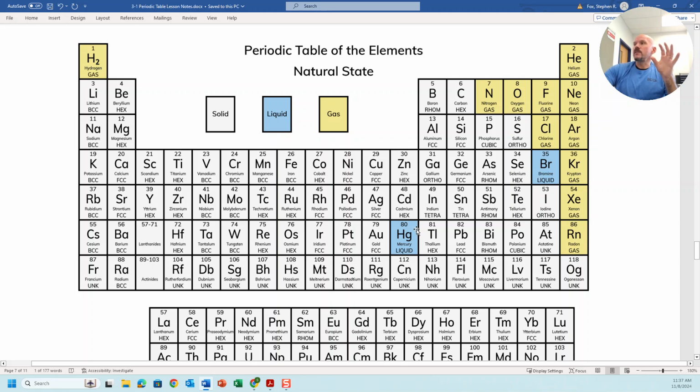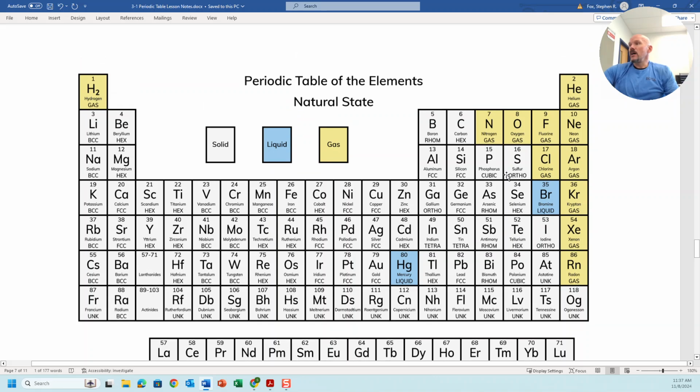So don't get confused: mercury being a liquid doesn't make it not a metal. Mercury is a metal. It's just the only metal that is not a solid at room temperature. Now, there's a handful of gases. Hydrogen is a gas. Then we got nitrogen, oxygen, fluorine, chlorine. Those are gases. All the noble gases, go ahead and include Og. Call that a gas as well. It's a noble gas, it's probably a gas. There's probably just not enough information out there to